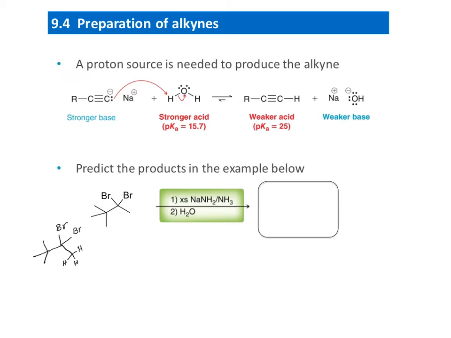So what's happening is that sodium amide, or amide itself, will act as a base, take the beta proton, form a double bond, and kick off the leaving group. So we are going to form this alkene,